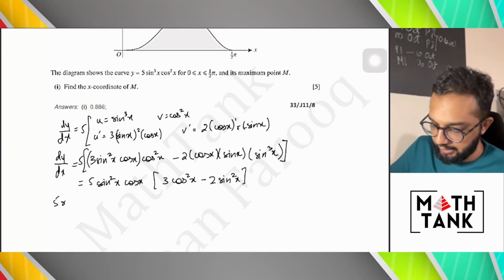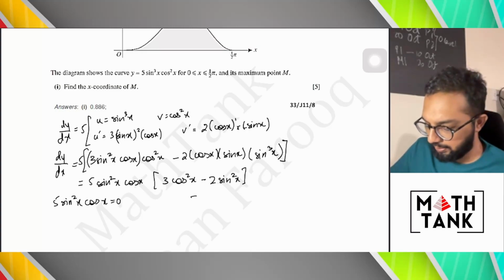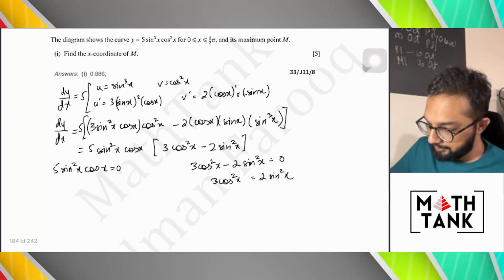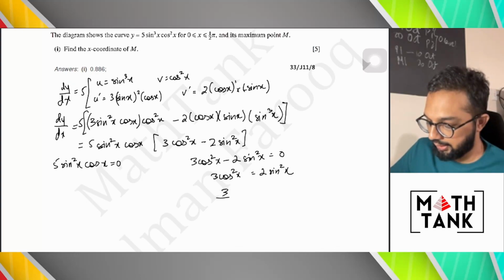Now in the past I've seen that this first one gives me values that are on the edges, so it doesn't really work. So I have 3 cos squared x minus 2 sine squared x equals 0. I have 3 cos squared x equals 2 sine squared x. So I get 3 over 2